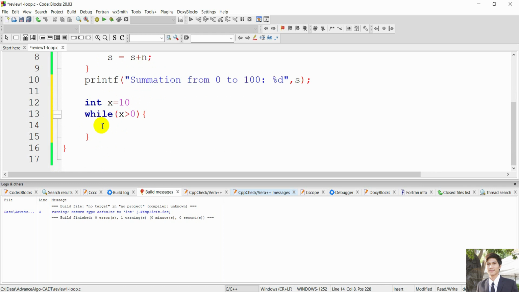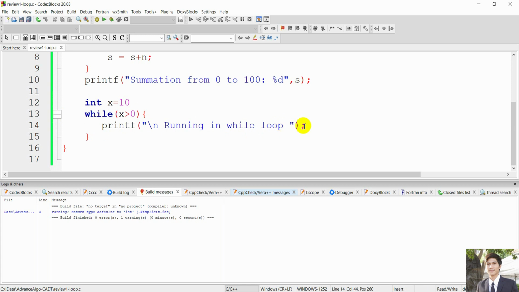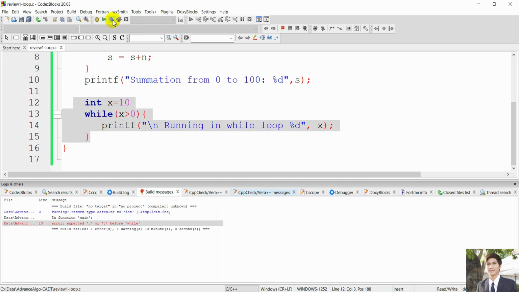So let's say I want to print something. Running in while loop. So I'm gonna use slash n to get a new line. Running in while loops. Okay, so I'm gonna pass some variable which is x. So x here is gonna be 10, 9, 8, 7, right? If we put it like this, the code is gonna be an infinite loop,